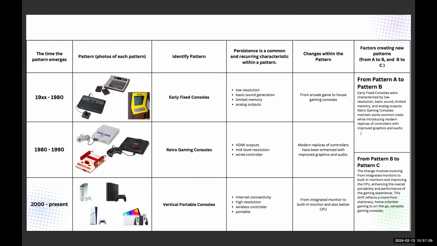The change from B to C, from retro gaming to vertical portable console. Firstly, it's better CPU and GPU with a built-in monitor like the Nintendo Switch here. Before, you needed to connect monitors to the console, but from the Nintendo Switch, you have built-in monitors. And since the GPU and CPU are a lot better, the gaming experience has shifted from home-oriented gaming to